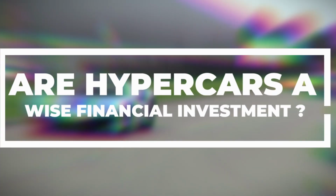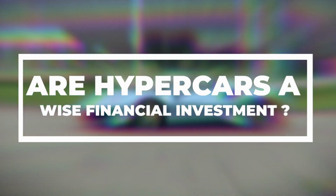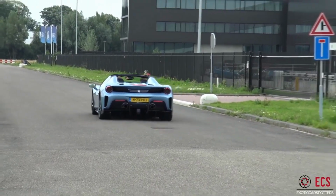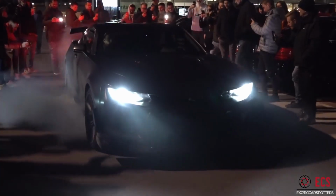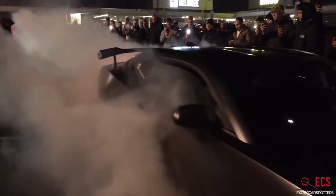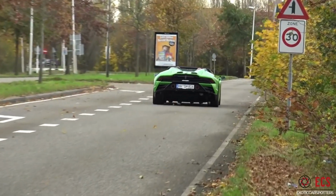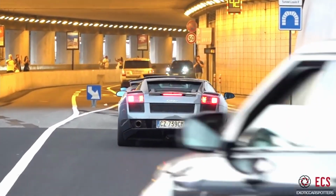Before anything else, are hypercars a wise financial investment? Depending on how realistic you want to be, you may be as basic or as detailed as you like with your response to this question. Hypercars indeed grow in value soon once the initial customer purchases them from the manufacturer. They also have a strong tendency to hold their worth over time, and if properly maintained, they will continue to